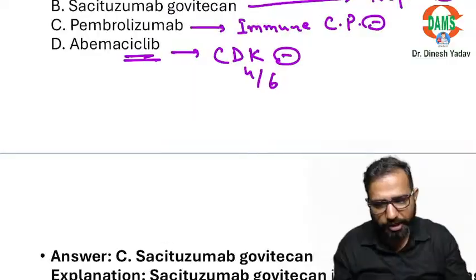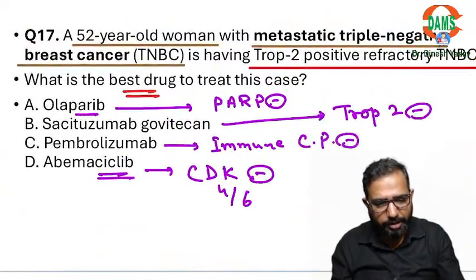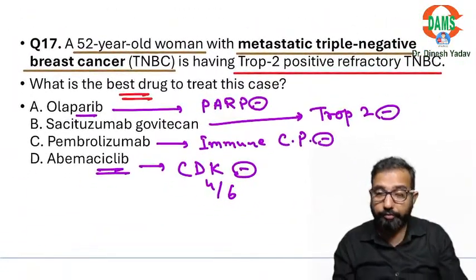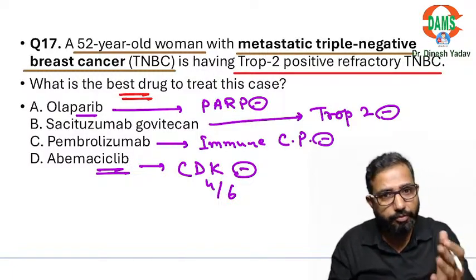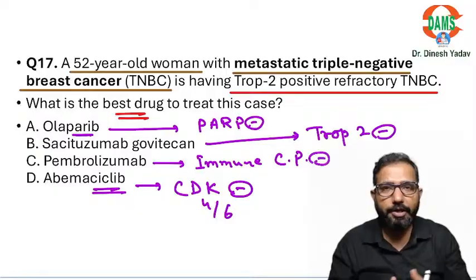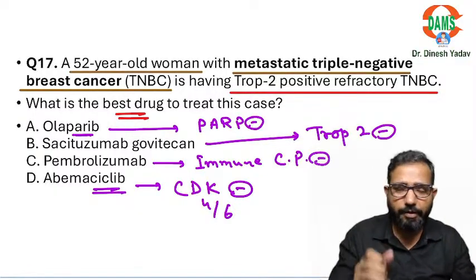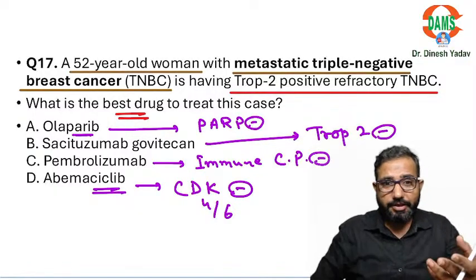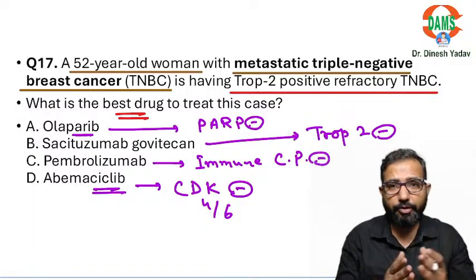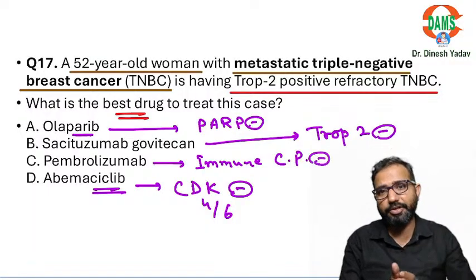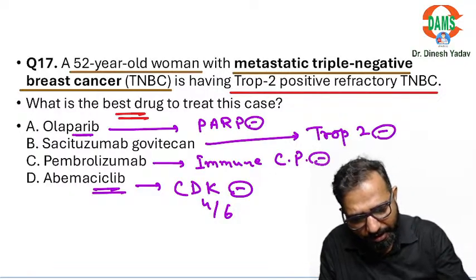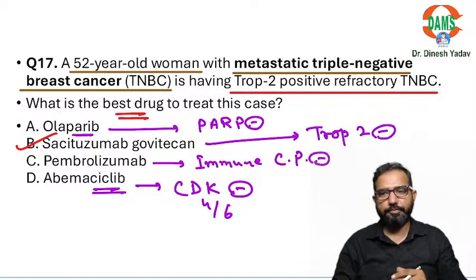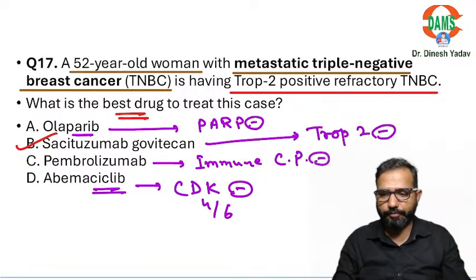Don't forget this. Pharmacology is not difficult. These are the drugs which you will use in whichever branch you do your PG. You will use these drugs, because when you are a clinician, all these drugs will be the first choice. Important drug. Breast cancer, every doctor should know the treatment, every surgeon should know the treatment of breast cancer. So out of these, what is the correct answer? Sacituzumab is the correct answer. Okay, so important, don't forget.